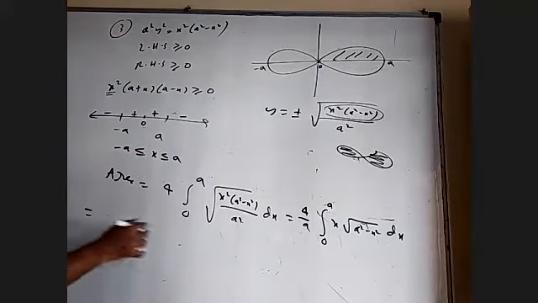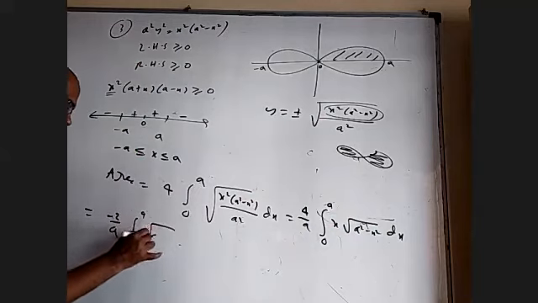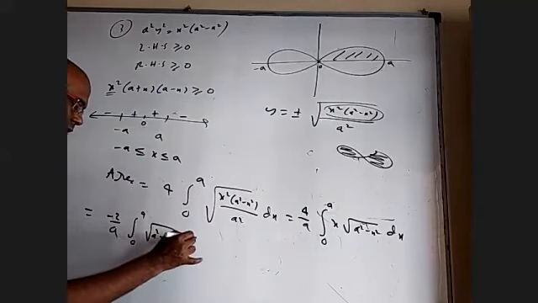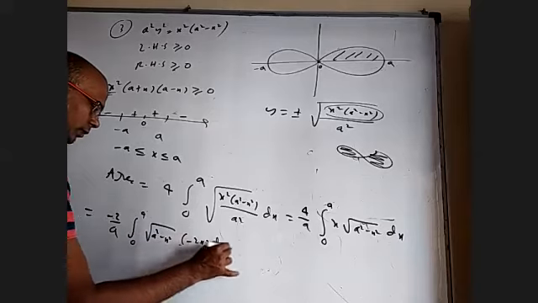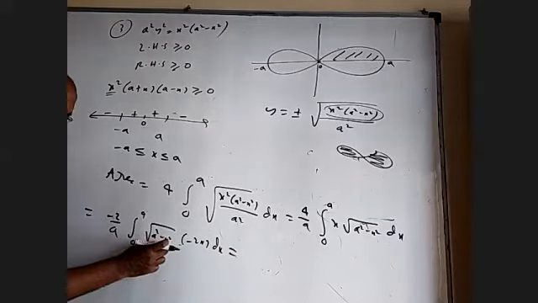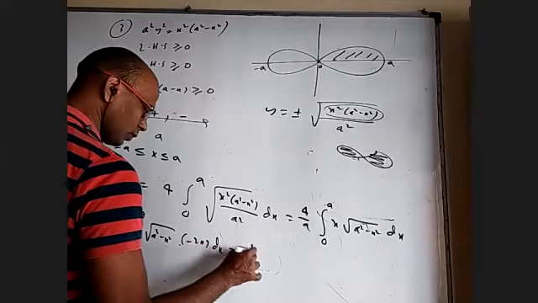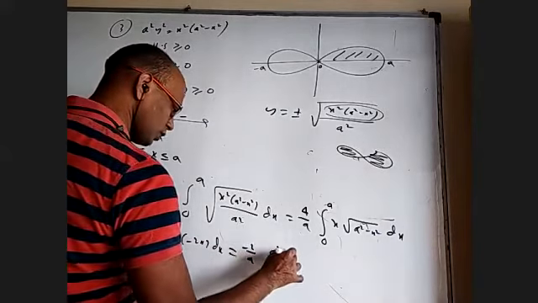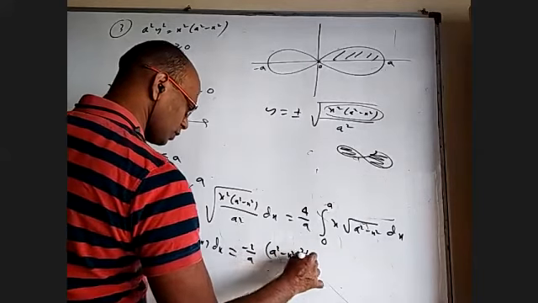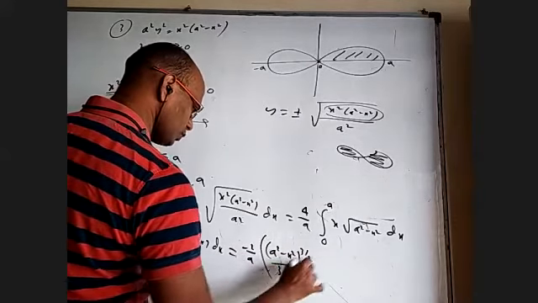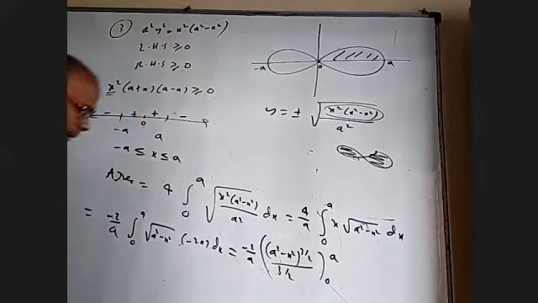So when I divide with minus 2, it will be minus 2 by a, 0 to a, root a squared minus x squared, minus 2x dx. So if I take this as t, this is dt. So the integral will be t power 3 by 2 by 3 by 2. So minus 2 by a into a squared minus x squared whole power 3 by 2 by 3 by 2 with limits 0 to a. Somebody can take x as a sin theta also.